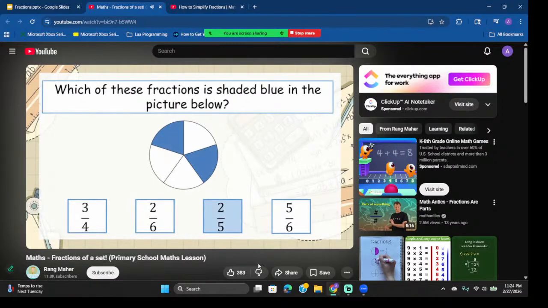Well, did you get 3/5? You can see that 3 parts are not shaded, and there's 5 parts altogether. So our fraction is 3